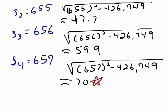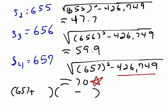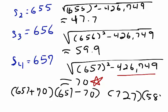We need to use this information to help us find the factors of our original value of n. It's fairly straightforward. We set up parentheses, plus sign in one, minus in the other. The first is 657 plus 70, and the second factor is 657 minus 70. Simplifying, we have 727 times 587. And if you multiply these numbers together, you'll see that you get your original value of n,